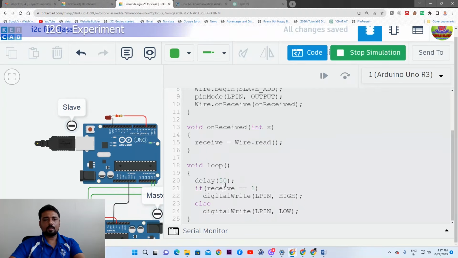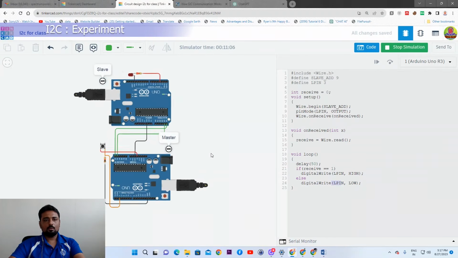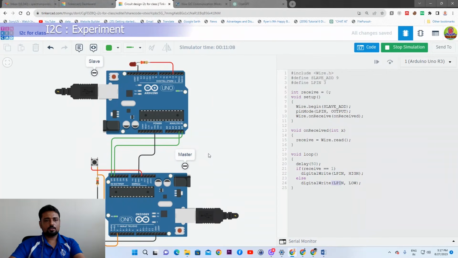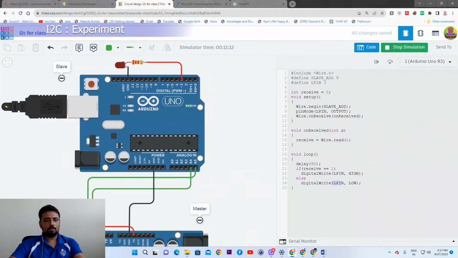So once it finds that the received information is 1, then what it has to do? It has to glow the LED. Otherwise, it has to keep the LED off. That is the logic. So now let us see the output, and try to zoom it as much as possible. See, whenever the button is pressed,